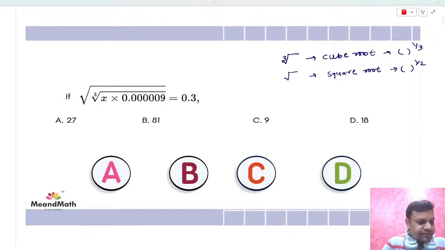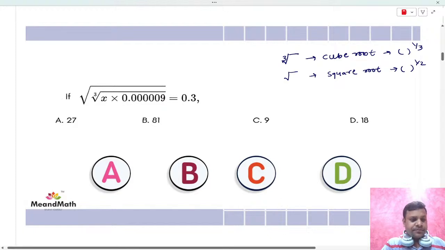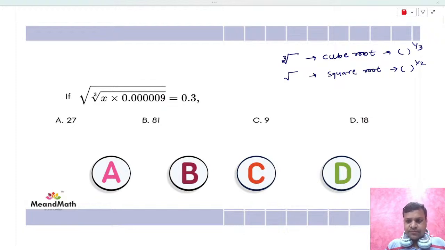Anyone? Cube root and the square root are together here. Fast. Okay,